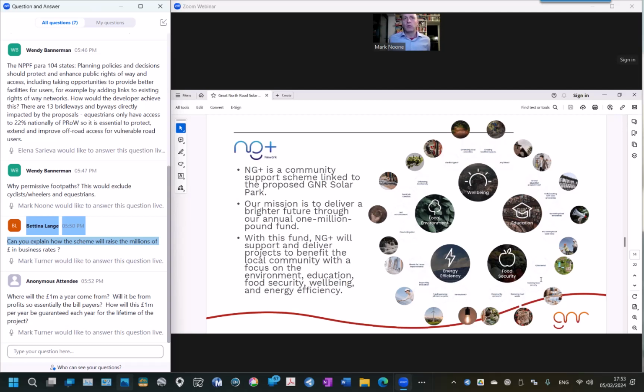this is for programs. We've had representations on things such as church roofs. We've had representations from a couple of the parish councils about microgeneration, where they might want a small solar farm, or an experimental solar site to be community owned and built with NG Plus money, and those are exactly the kind of schemes that we're taking representations on, and you can see the key themes in there.